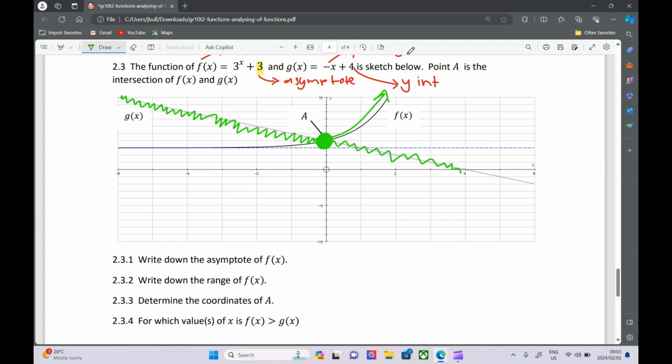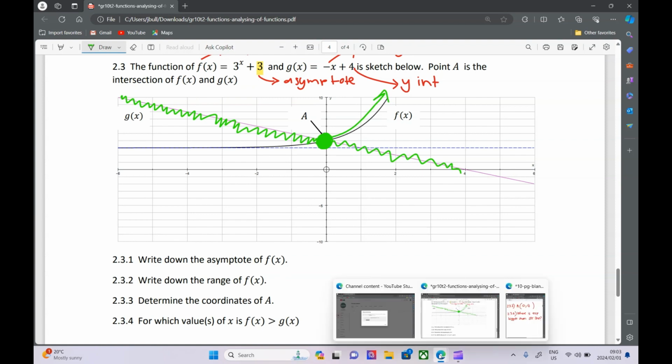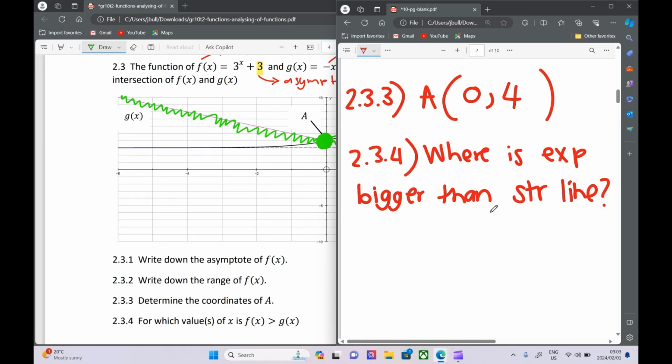Okay, so how we write it is they want the x values. So we say from when x is 0 up until infinity. Where is the exponential graph bigger than the straight line? When x is an element of (0, ∞). Okay, so that's how you would write that. So for which values of x is f bigger, it's from 0 to infinity. I really hope that